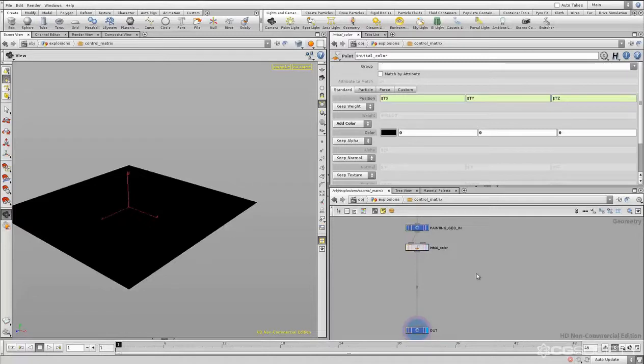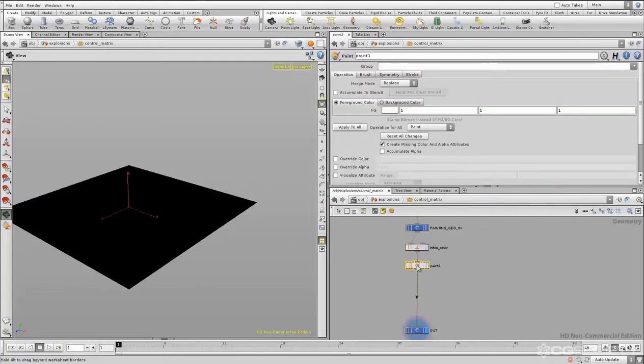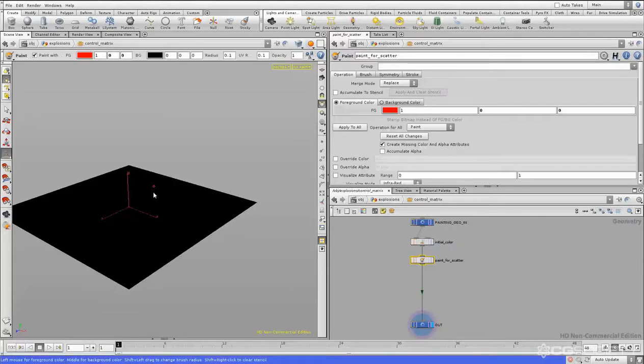And then we need to create a paint node so that users can paint on there. So if we hit tab and type paint, wire it in there. And then we'll change the color to, let's say, red. So 0 in green, 0 in blue. And we'll call the node paint for scatter. Okay. So now if we select this node, put a cursor in the viewport and hit enter, we get this